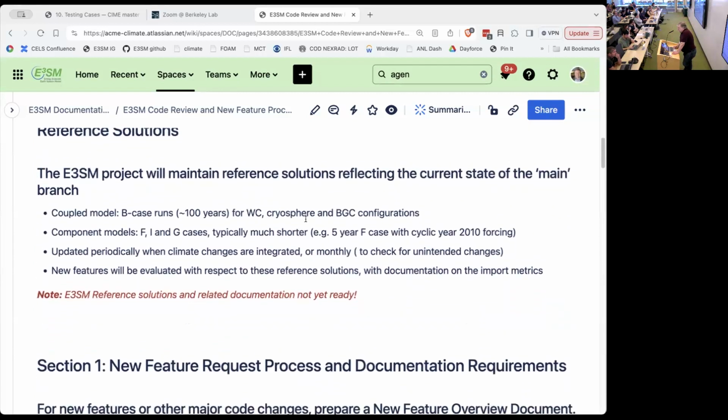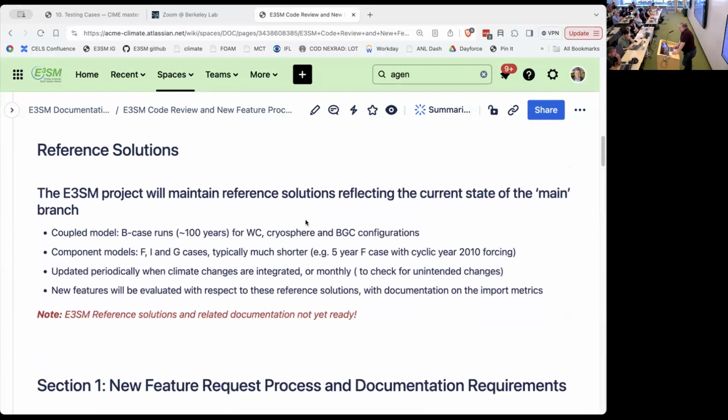So we haven't set this up yet, but we are going to make available what we call reference solutions. For example, right now we are running version 3 simulations with various configurations, and portions of those will be available as references for you to compare against as you're developing your feature.